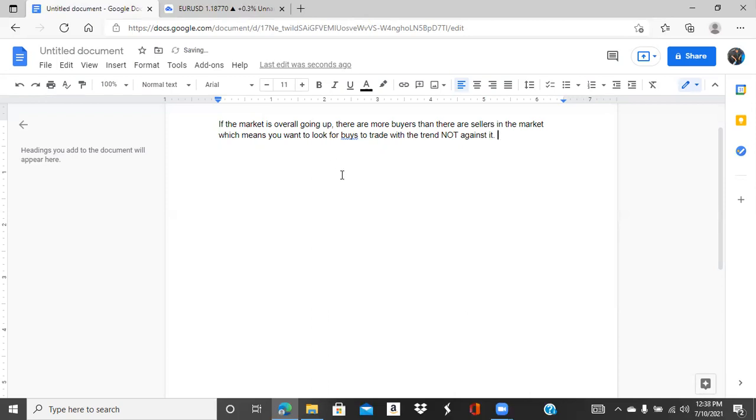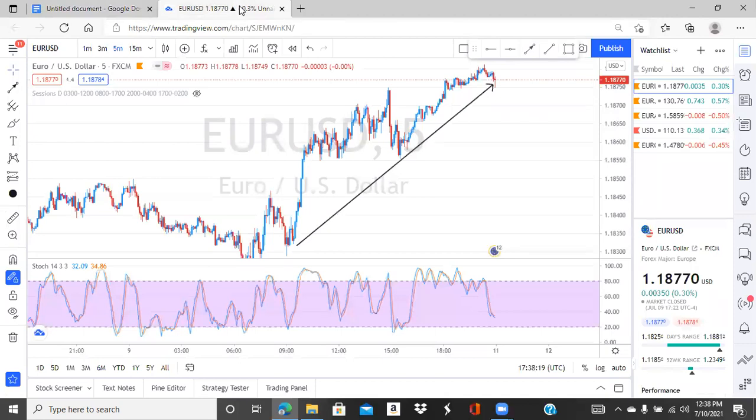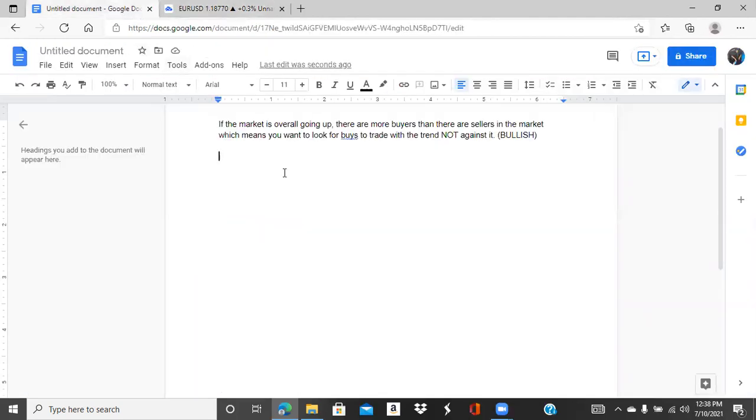So if the market is overall going up, there are more buyers than there are sellers in the market, which means you want to look for buys to trade with the trend, not against it. This would be a bullish market. All right. The market is overall going up. It's very bullish. You hear somebody say the market is very bullish. That means we're in an uptrend. We're looking for buys. That's it. That's simple. Okay. Now, if the market is overall going down,